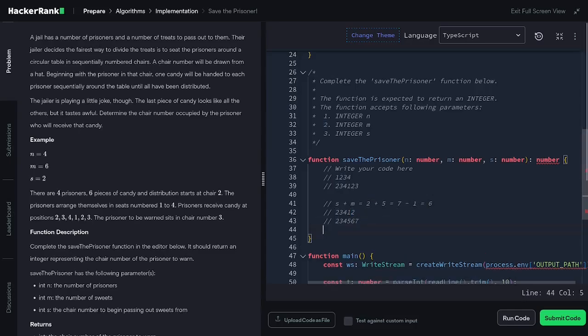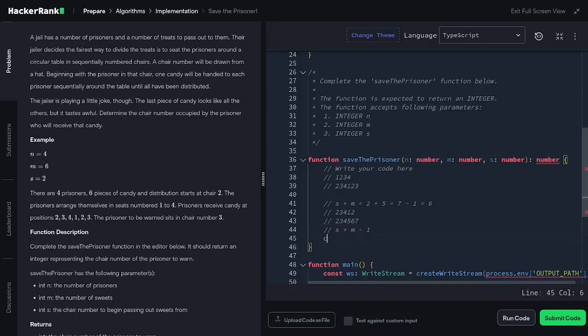Okay, so the formula is the s plus m minus 1. That is the formula that we can use to solve the challenge. And then we can declare a constant called the answer, and then takes the s plus m and then minus 1. And then in order to get the real answer of 2 from the 6, then we need to somehow